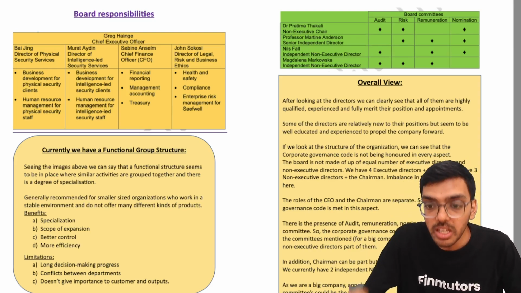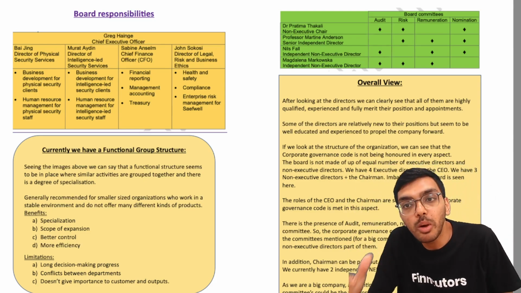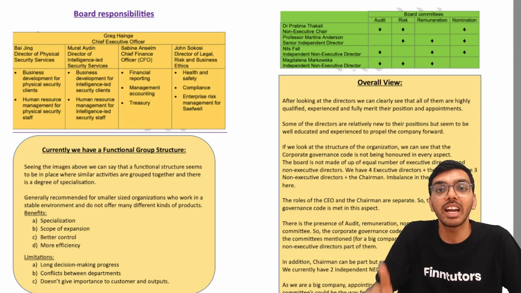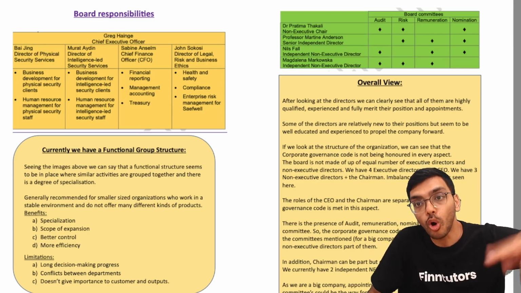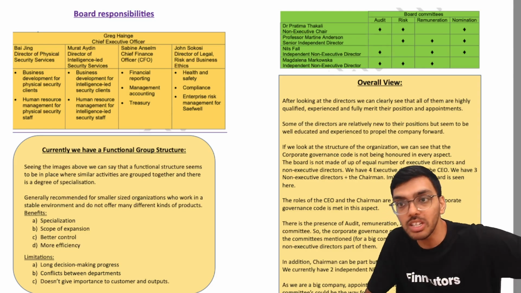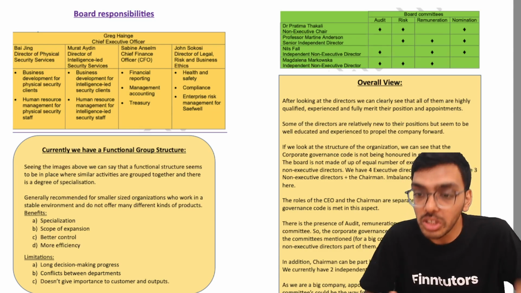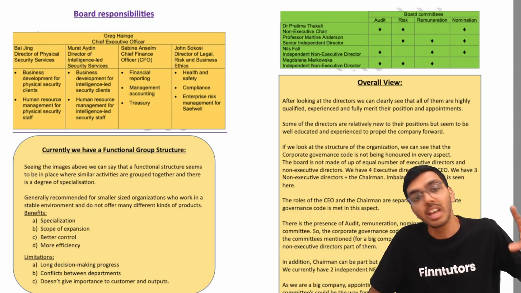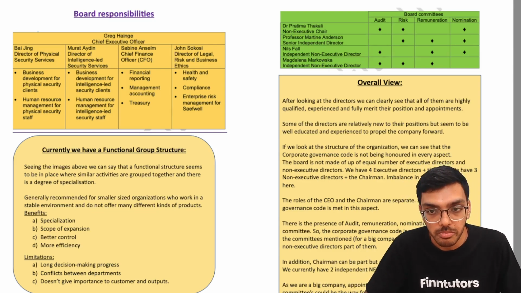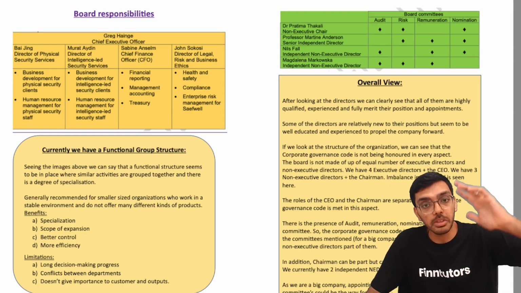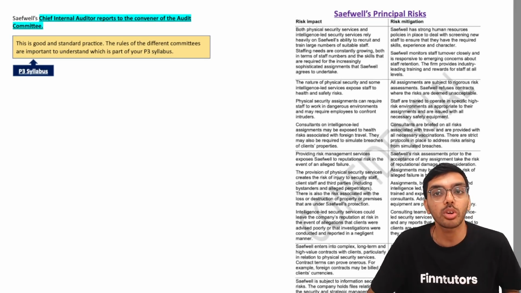As we are a big company, appointing another NED who could be part of these committees could be the way forward. Only the remuneration committee right now has 3 independent non-executive directors. All the others have 2 plus chairman, 2 plus chairman, 2 plus chairman, which is not wrong. But for a big company, 3 independent non-executive directors and then the chairman can be part of that committee is the right way forward. So this is one suggestion that came up in our minds during this discussion. That is why it's important for me to point it out to you.